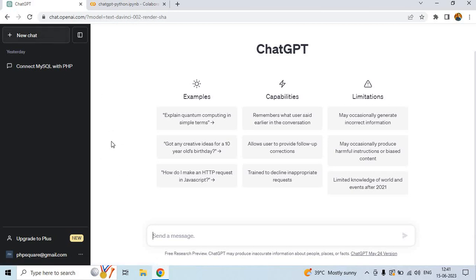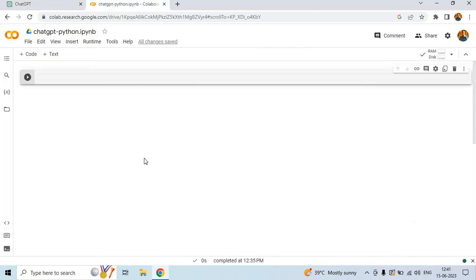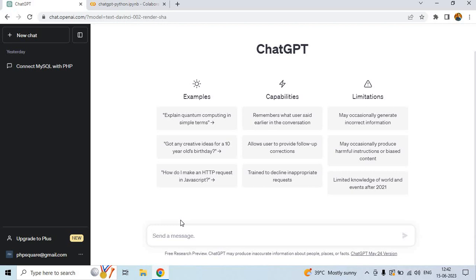Let's say you need to print the Fibonacci series in Python. What will you do if you don't have ChatGPT support? You will go and create a file, then define a variable, and then process all the things. But here you don't need to do anything. Here you just need to provide the correct keyword,